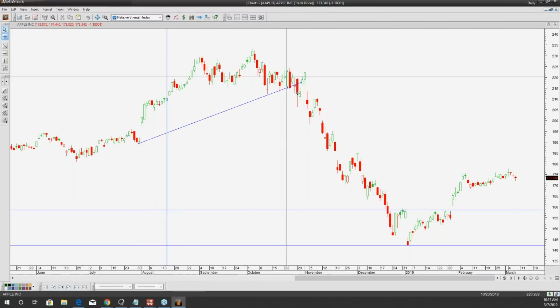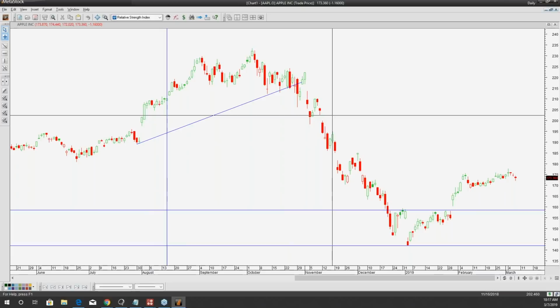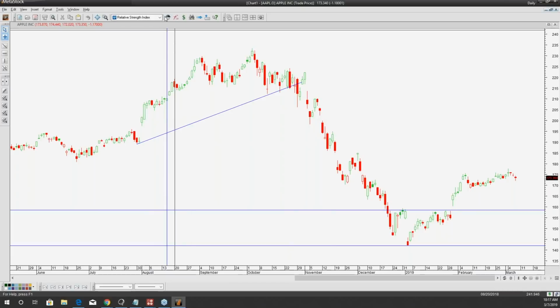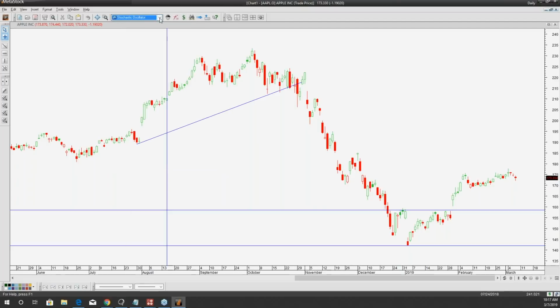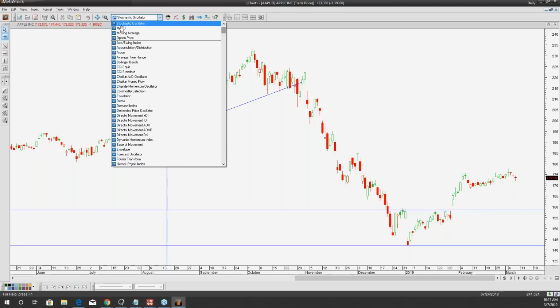But that's that. So now let's apply an indicator to the chart here. I guess we'll go with the MACD. It's the most known indicator, I feel like, and most widely used. So what we'll do is pull down this drop-down window here, and we're going to apply the MACD to the chart. What we do is we click and hold. Oops, there it is. Okay, so I keep grabbing the stochastic there.